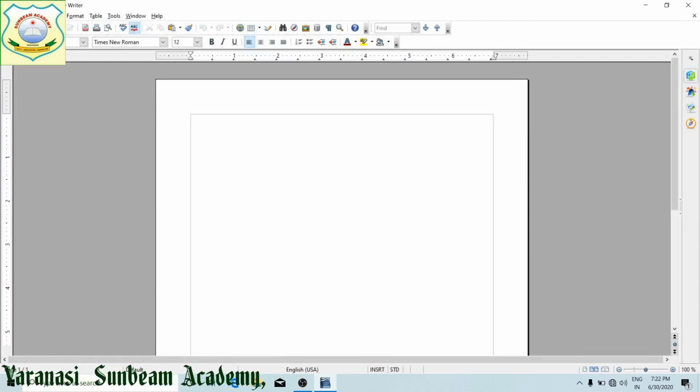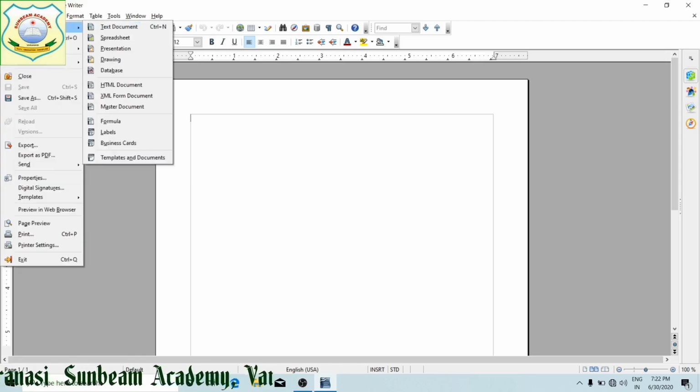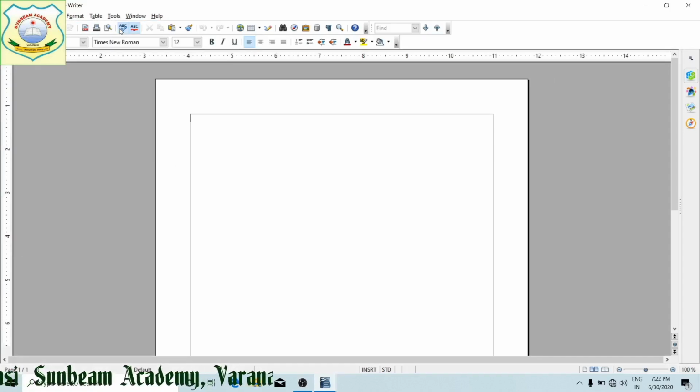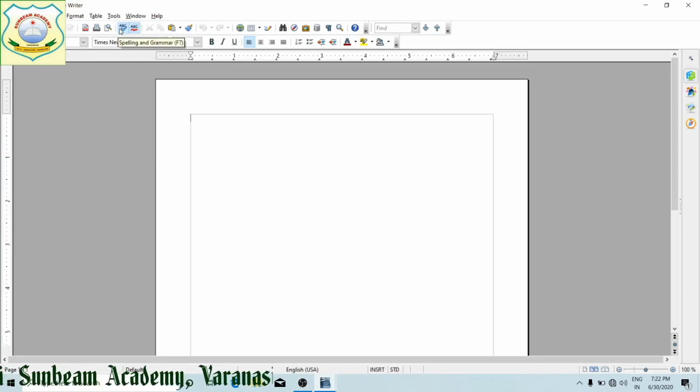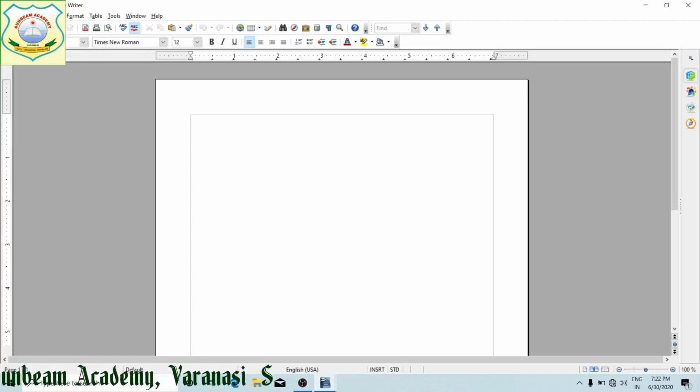Then you will click on the File menu, then New, then Text Document. Then it will create another document. Or I told you Control N, that also creates one. Now see, this is untitled 3, meaning 3 documents we have created. By this we can create a new document, right? These all I have explained.